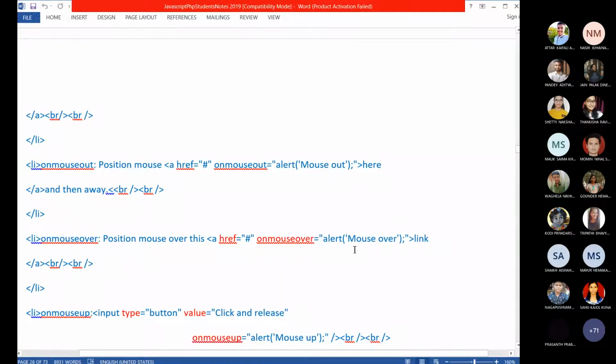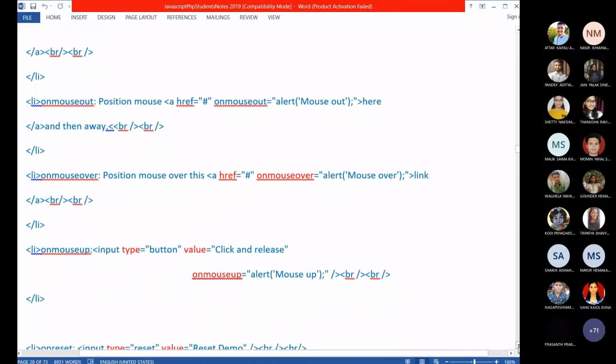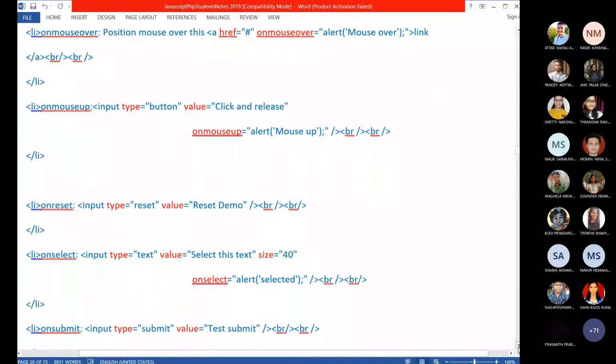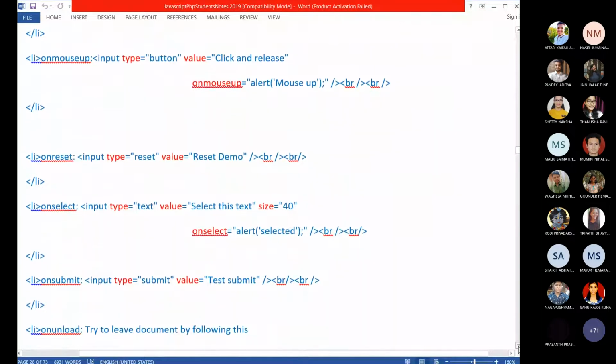And we have on mouse up also: on mouse out, on mouse over, on mouse up. On mouse up, as the name implies, you will click the mouse pointer, and when you release the mouse pointer, the mouse key will come up. Once you click and then release, it will come up.